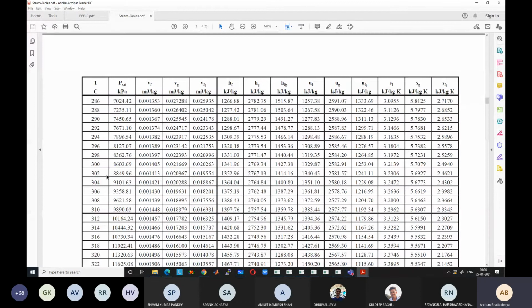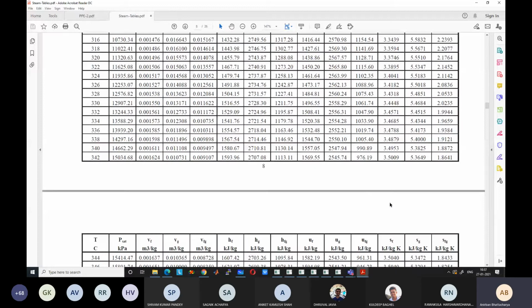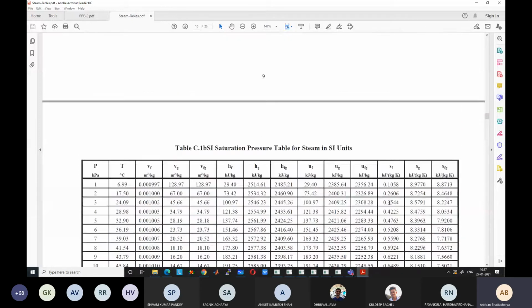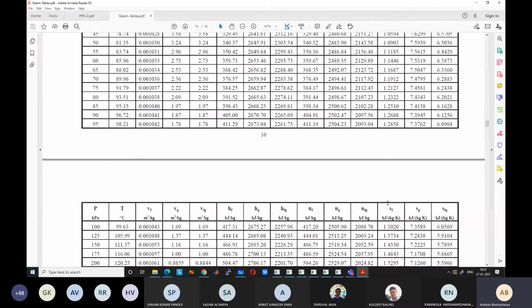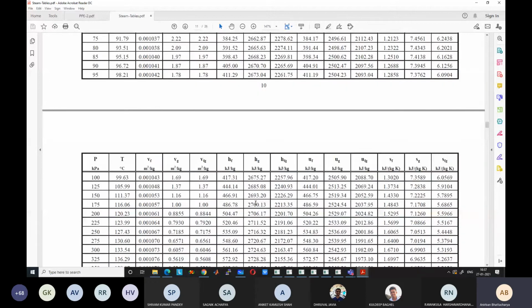So in some cases, instead of temperature, pressure is given. So it is given the saturation pressure is 100 kPa. If I know that, I will just look up this table and find out the boiling temperature and then all the other values. Okay, if I am given that the saturation pressure is 10,000 kPa, I can look up this table based on the pressure, find out the boiling temperature and all the other values. All the other values can be similarly found.